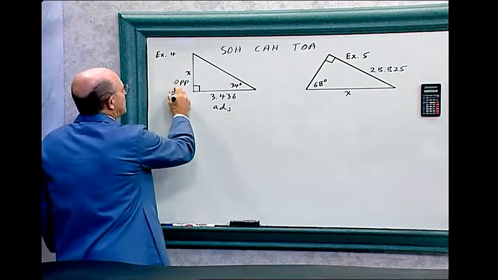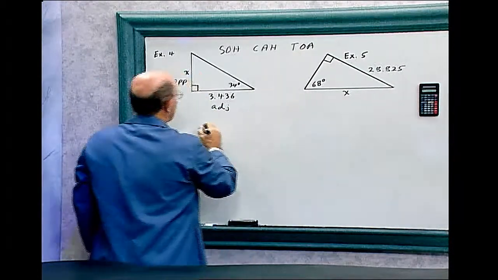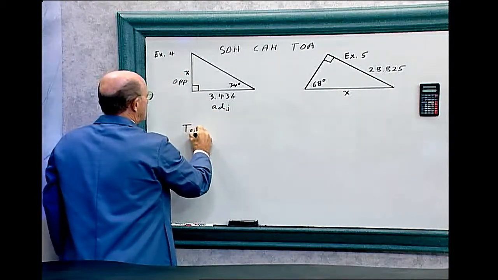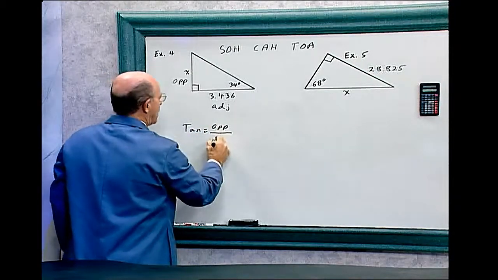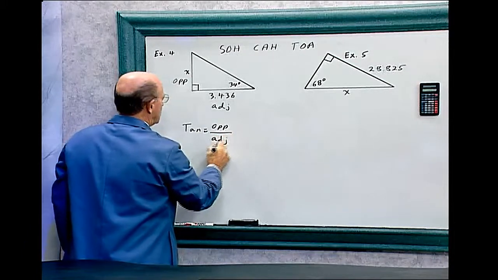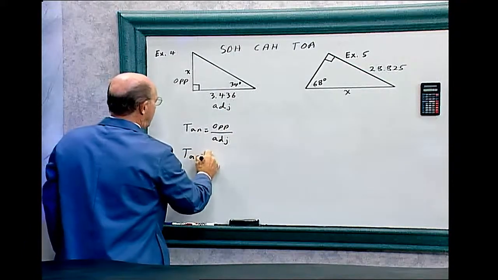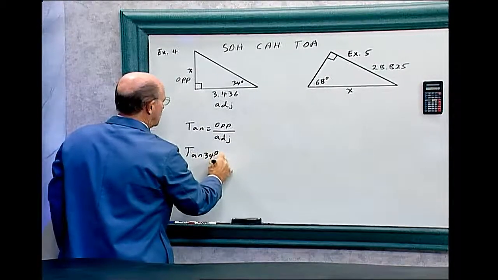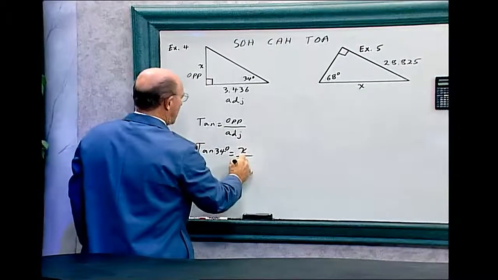What we have is an opposite and adjacent, and the one that has both of them is Toa. So tangent equals opposite divided by adjacent. So tangent of 34 degrees equals x divided by